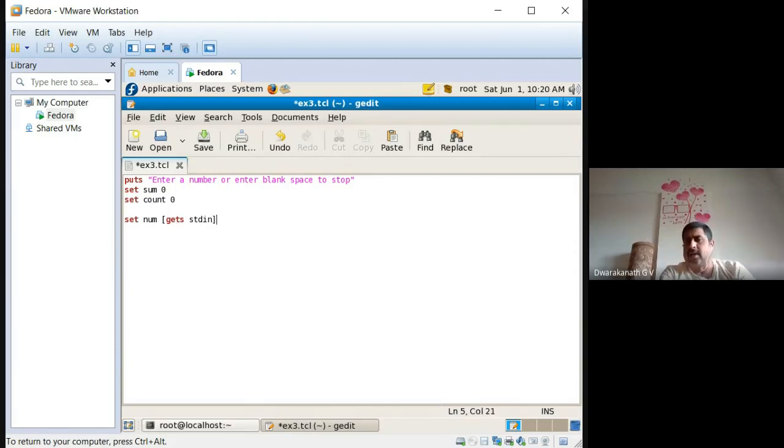This question arises always. Within a while loop, the while loop tells that only if the condition is true will the while loop execute. For example, if I give $num equal to null, then it doesn't execute because of that particular reason. First I am taking a value. Now if the user enters some particular value, assume he will enter a number, whatever it may be. So observe carefully here, while